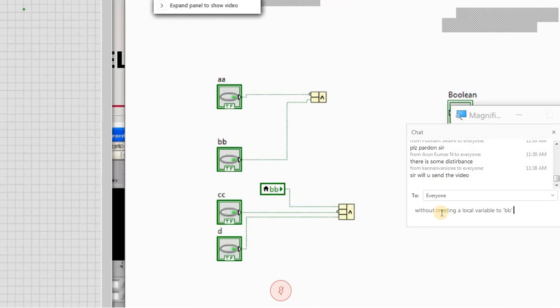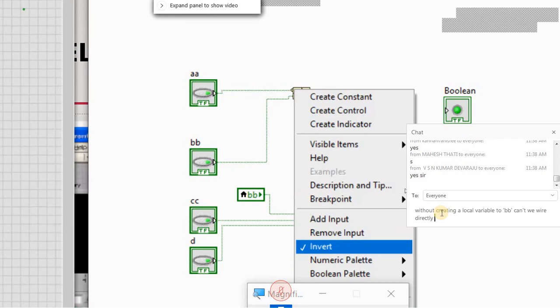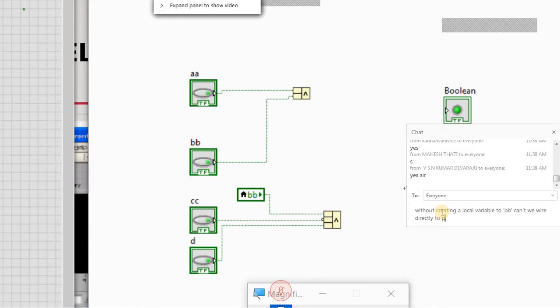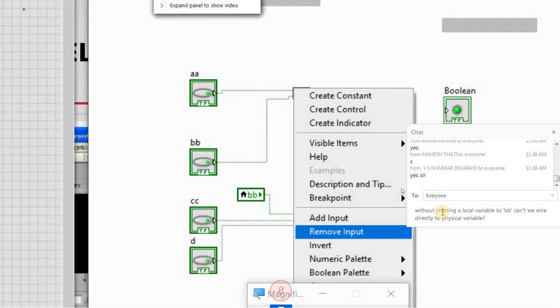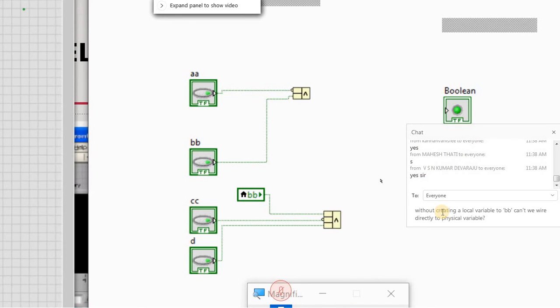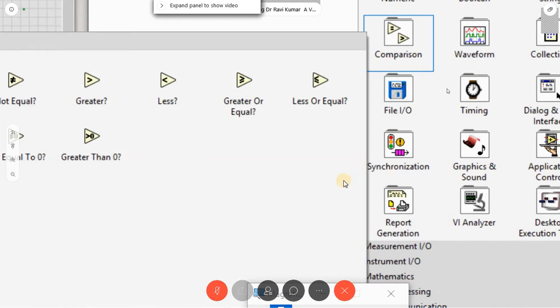So now it is clear. I think it is visible. Okay. So one, I made it A bar. I right-clicked on this and made it an invert here. If it is not inverted, there is no bubble on it. So now it is A. If you want it inverted, make it an invert. So that is A bar B. And this is what I created for this as a local variable P. And this is your C bar. And this is your D. So both are AND operations. These two I should make an OR operation.